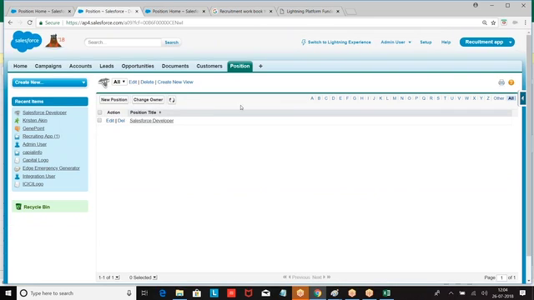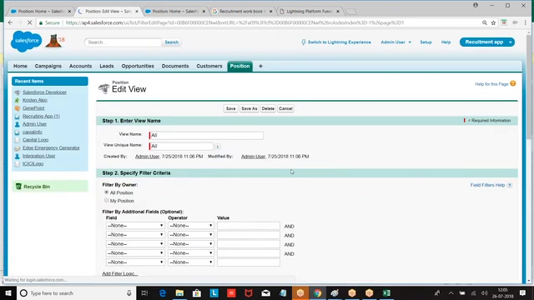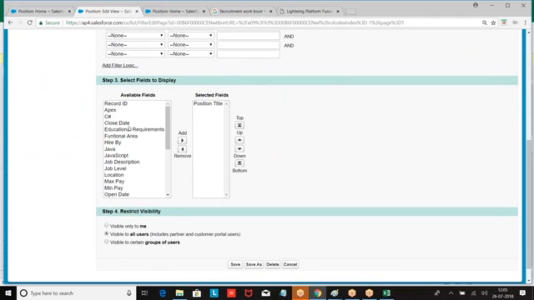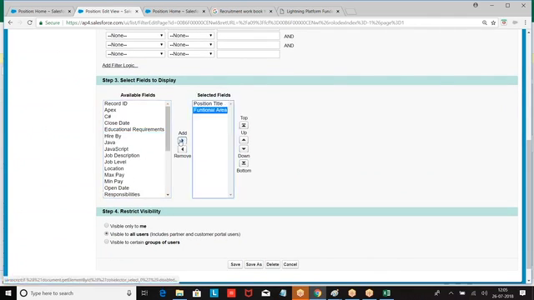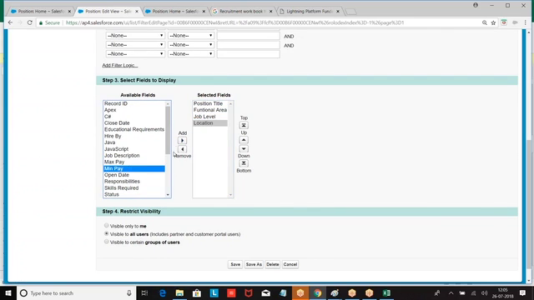Now we are getting here, view, all, go. What is this page called? List view page. It is called list view page. In the list view page, what field is displayed? Now, which fields you want to display? Click on edit. Now, control which field should be displayed in the page. So, look at this. Position title, job functional area, job level, then location, min pay, max pay.